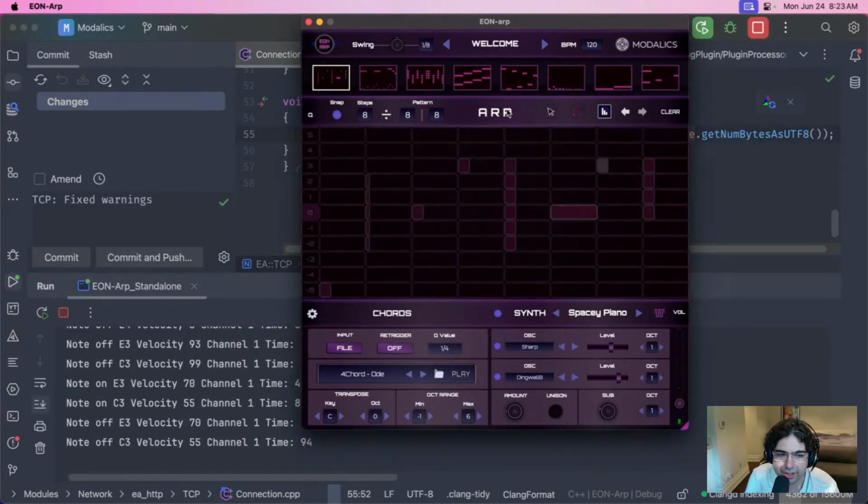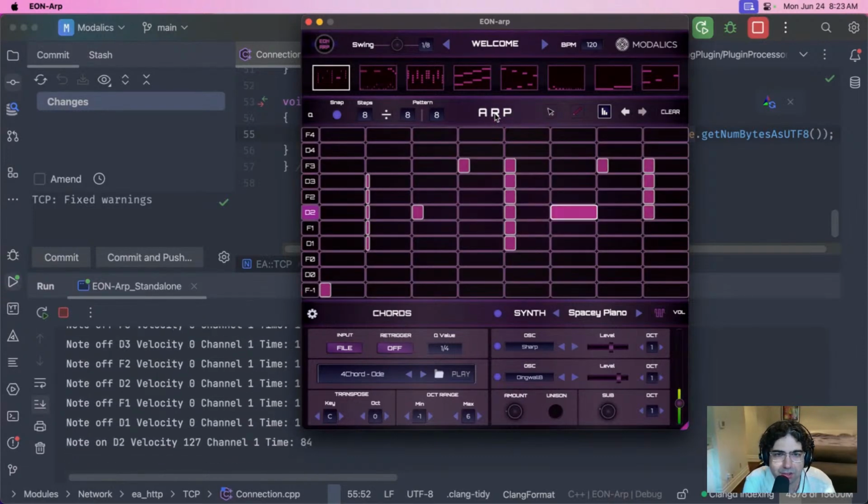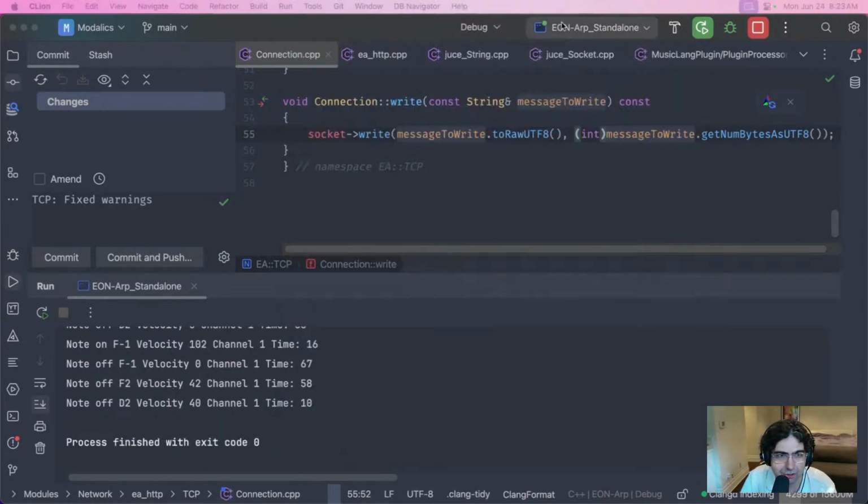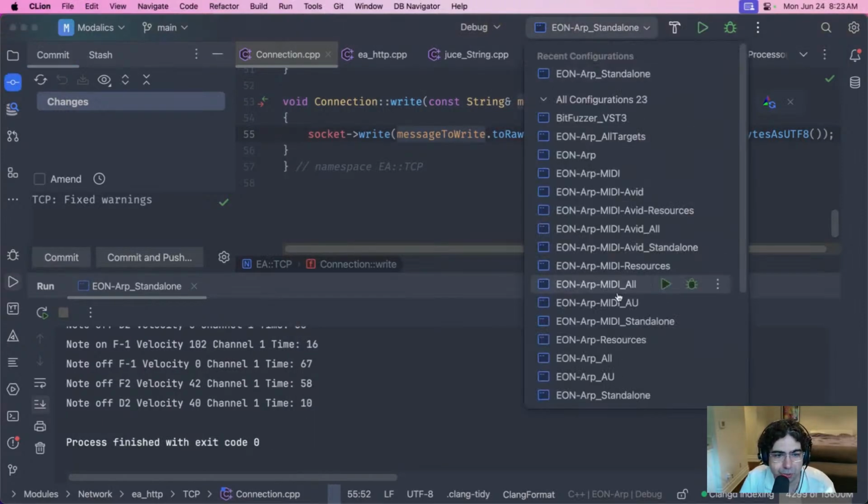It probably should work in here as well. I probably should be able to make this. Yeah. So the idea is that there should be a way to... let's switch to a DAW. Let me have some setup here where I'll debug this in. Let's do it in Cubase. So I'm going to build EON-Arp